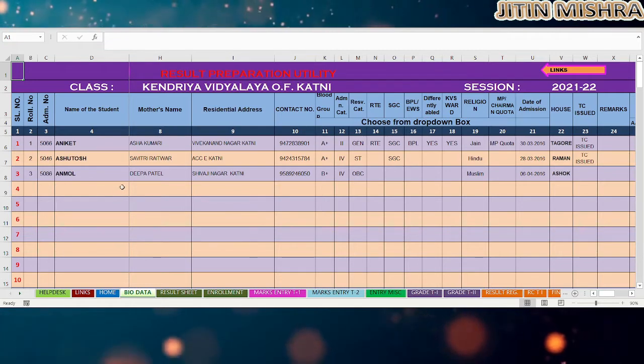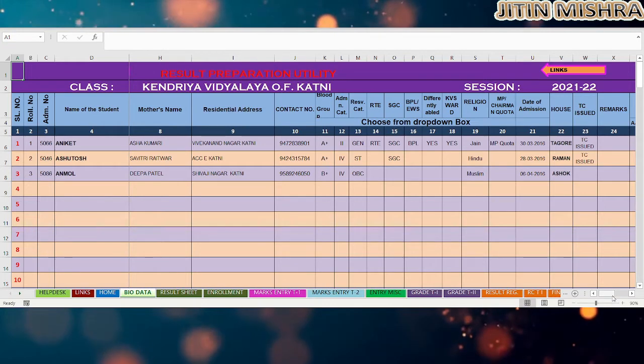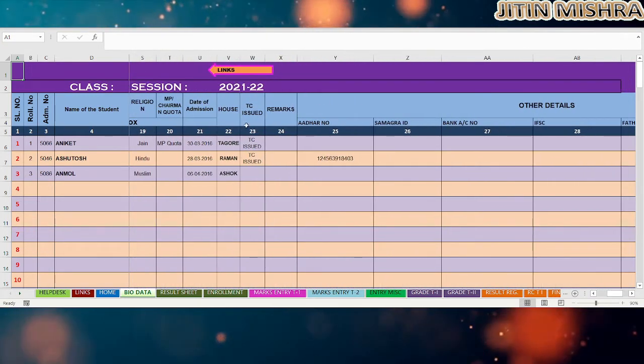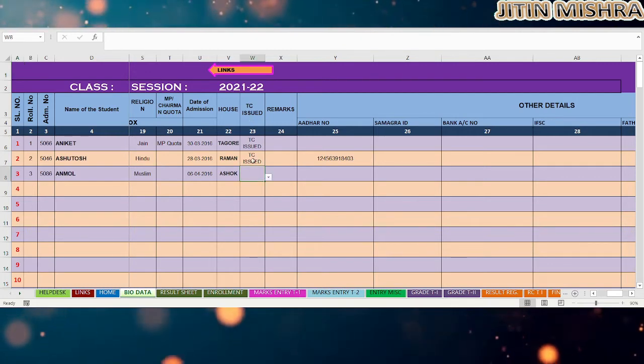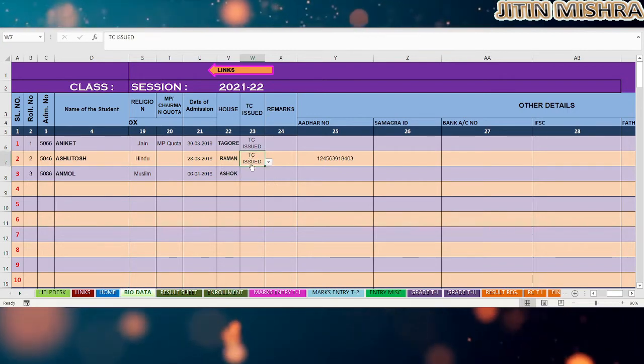After that I will get the student biodata page. In this biodata page I have to fill the details of the students, entering them one by one. Here is a special column, TC issued.